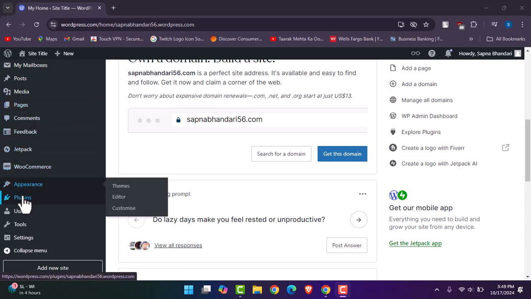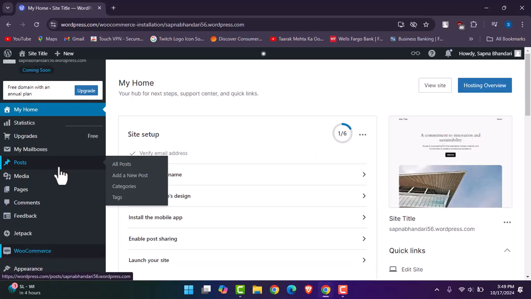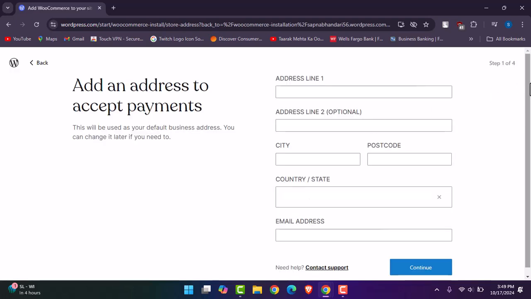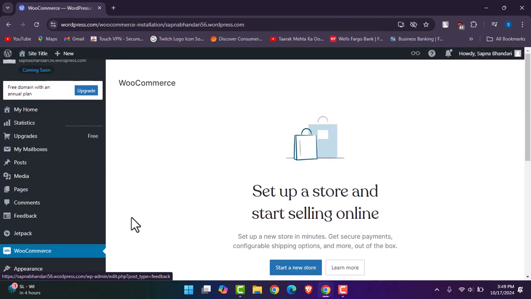For that, you have to go to the section of plugins, or directly you can go to WooCommerce if you have already got it. If you don't, then tap on start a new store. As soon as you do that, add all of your information including your address lines and everything. But if you haven't got WooCommerce, right over here you're going to go to the section of plugins as I mentioned before,